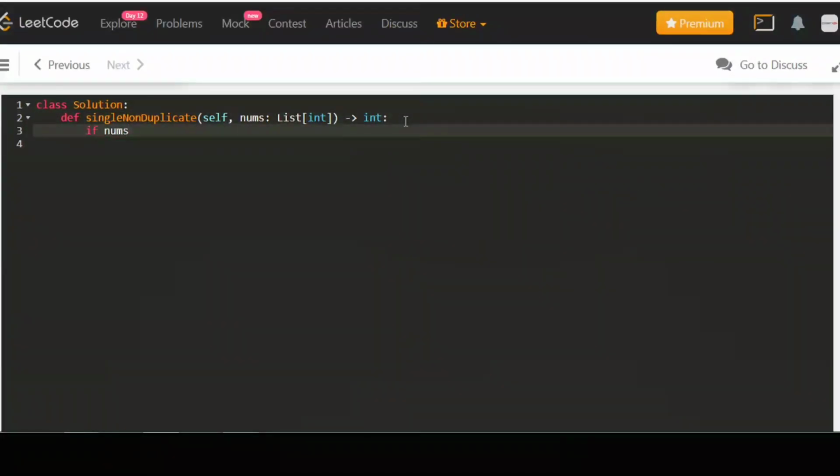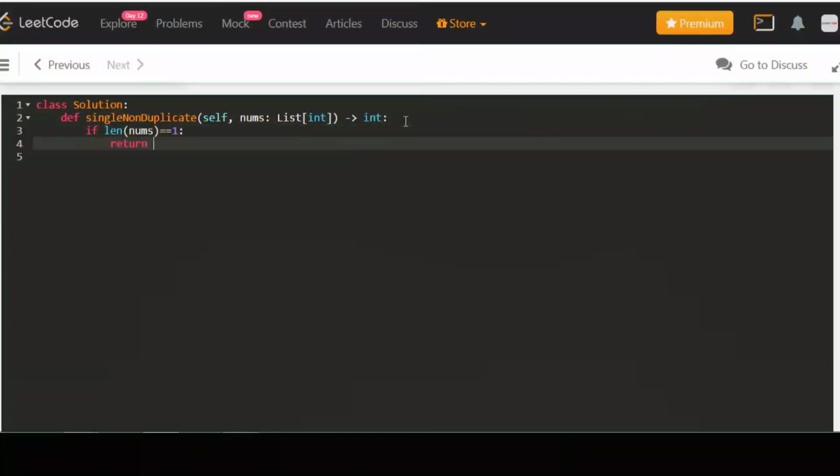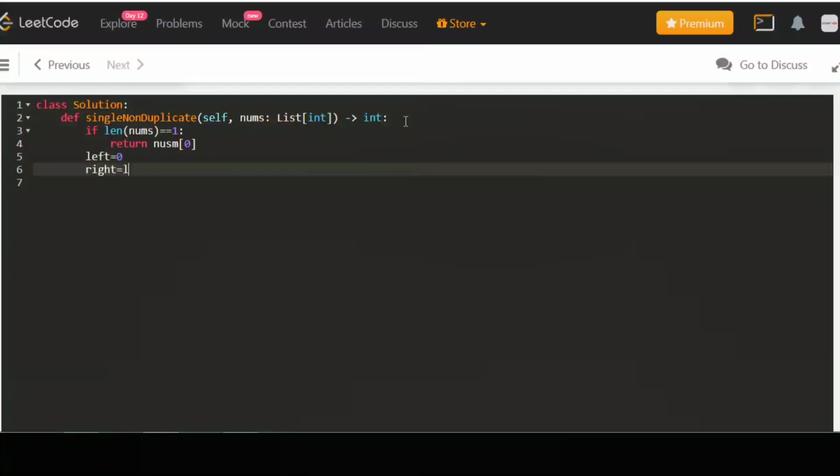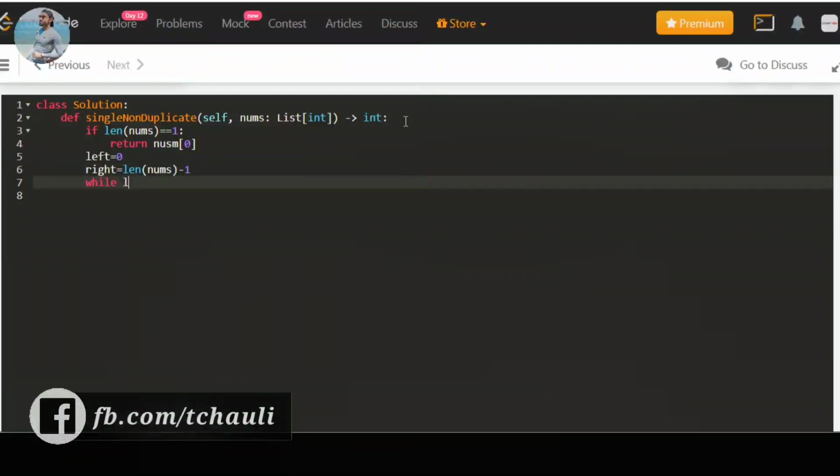First we write our base condition. Base case is if len(nums) equals 1, meaning there is only one element in the array, then we simply return the 0th index value, nums[0]. Left is pointing to 0 and right is pointing to len(nums) minus 1, while left less than or equal to right.